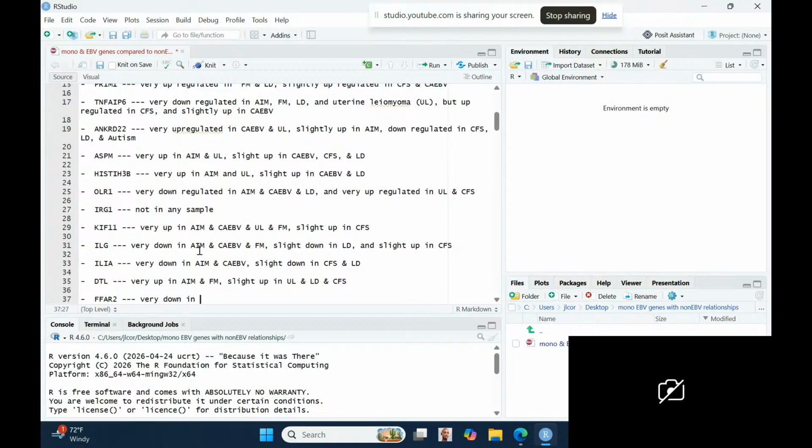Very down in AIM and CAEBV and LD and CFS, but very up in fibromyalgia and